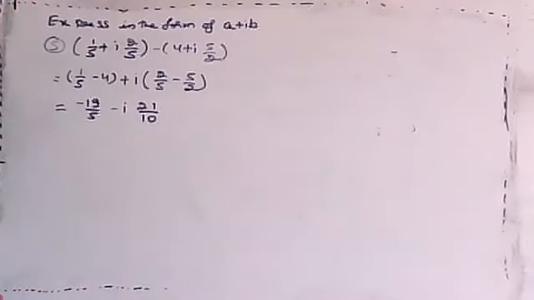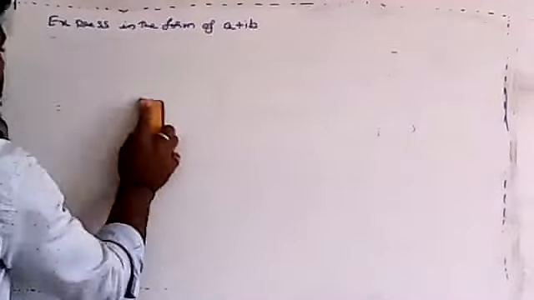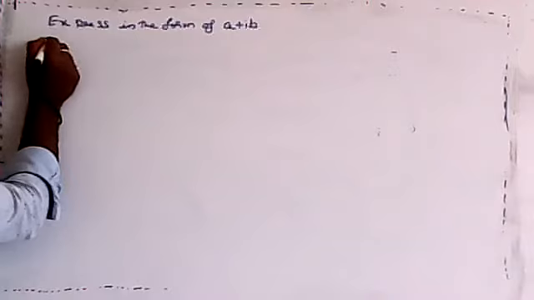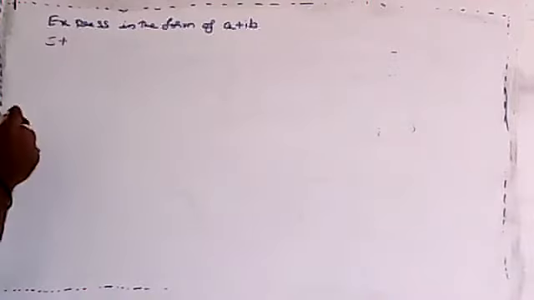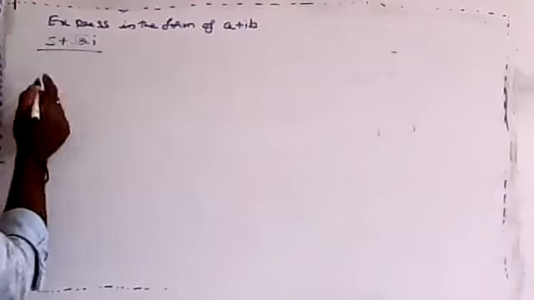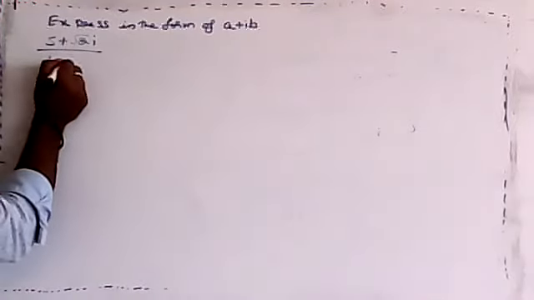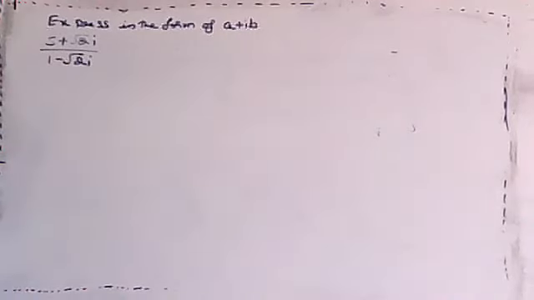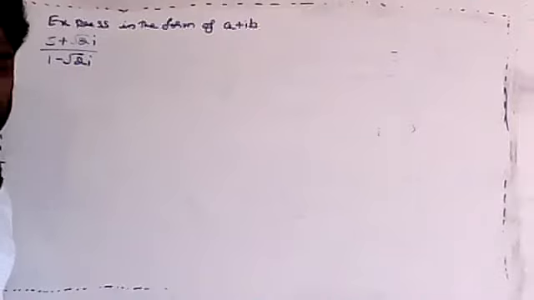Okay, same way, I'll move on to the next one. Five plus root 2I divided by, very important, it is 1 minus root 2I. Now, how we have to solve this one, tell me. So we have always solved the property, so see the denominator term, and we have to go for what? Which method? Yes, good, Prajwal. Rationalization we have to move.